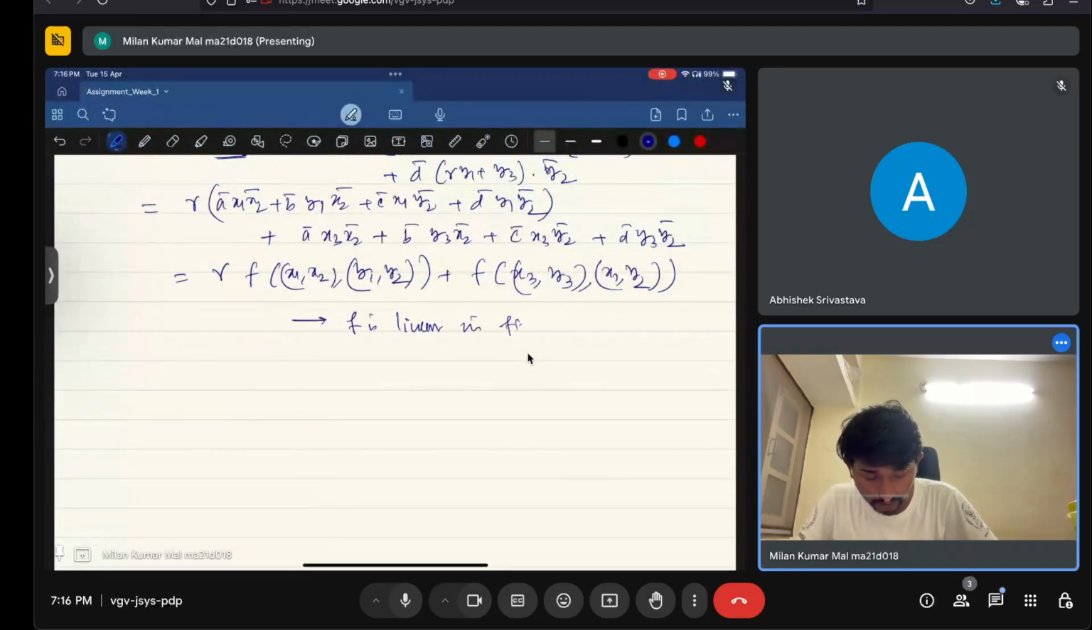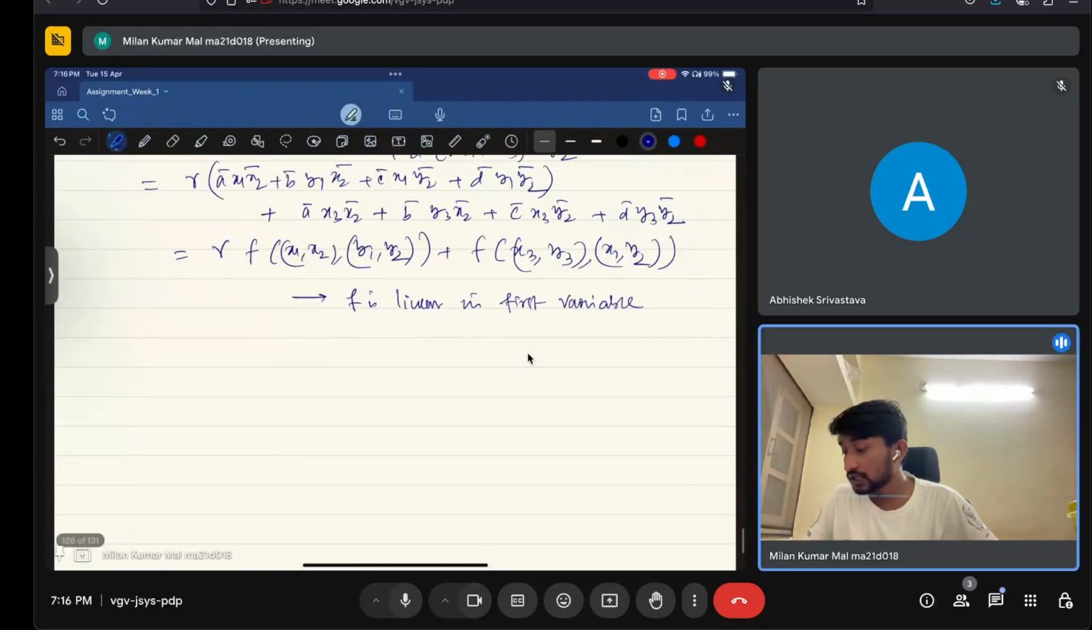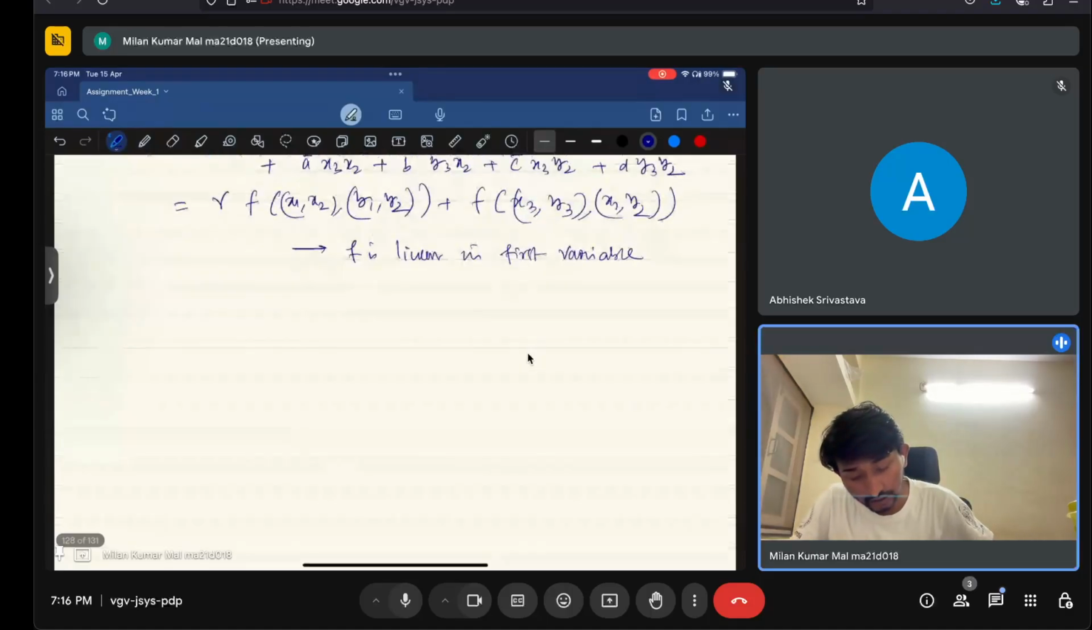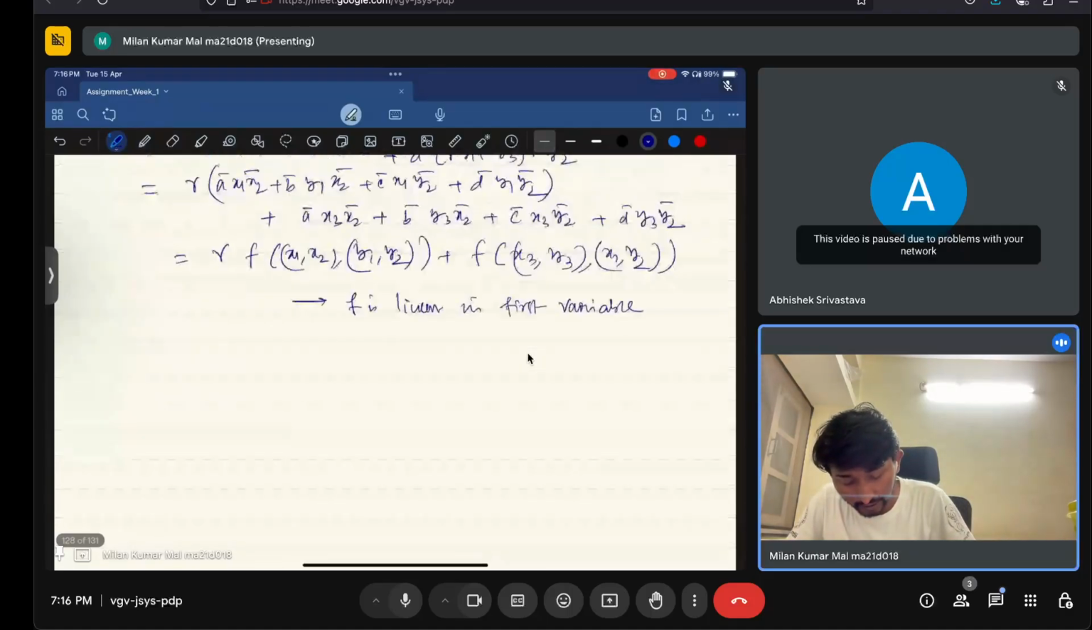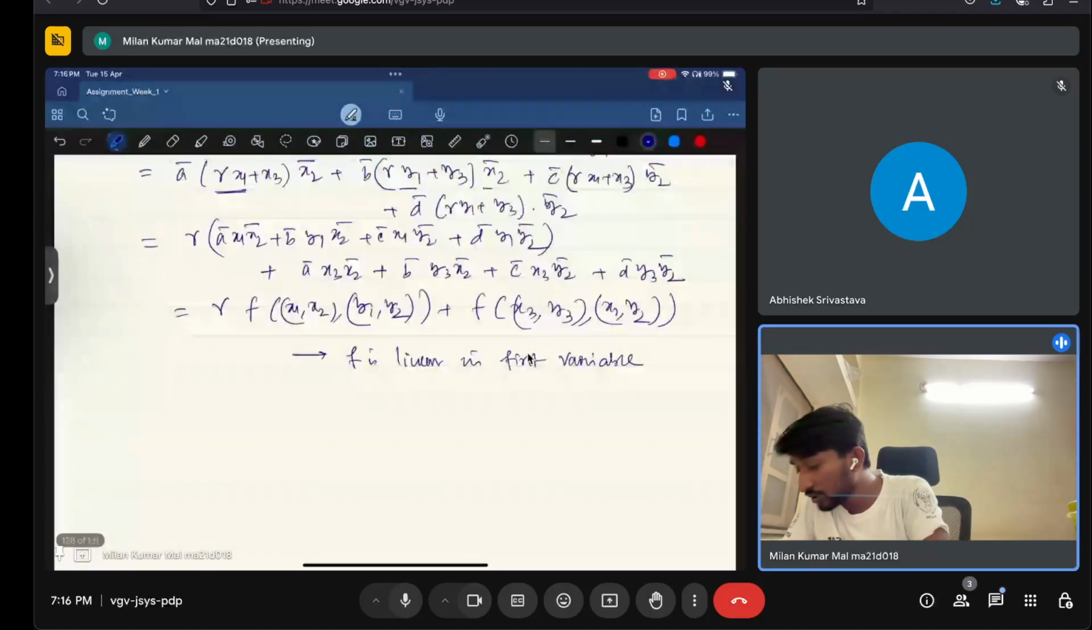in the first variable. So what we have to check now is whether it is conjugate linear or not. So similarly, what I will consider, let f be